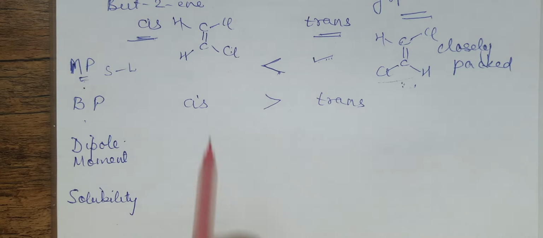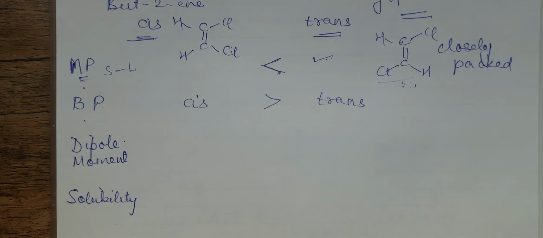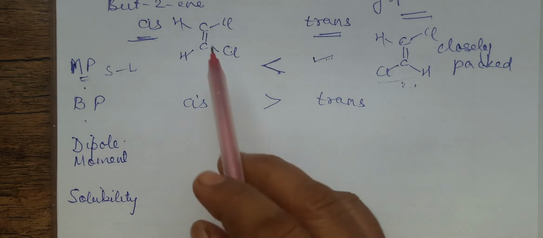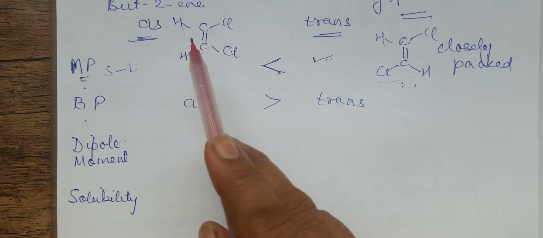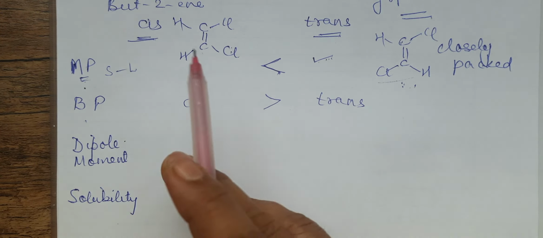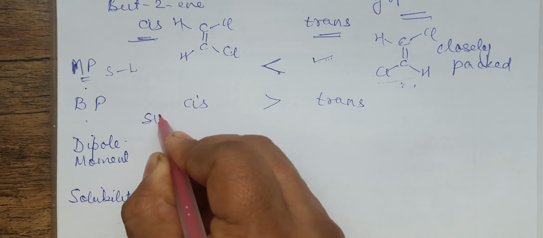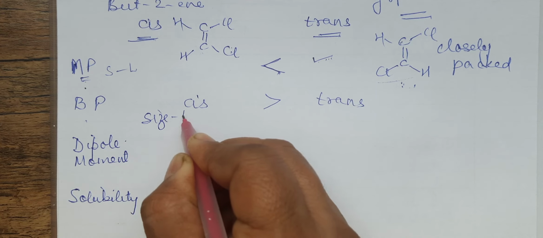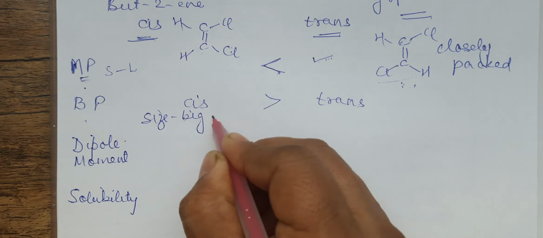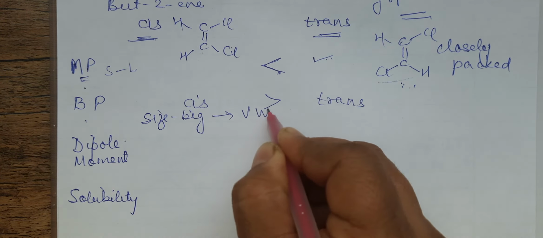More repulsion means the hindrance is there in a way. Hindrance means the size of the molecule is comparatively bigger in this. Size is bigger means the van der Waals forces will be more. If the size is big, you will have more van der Waals forces